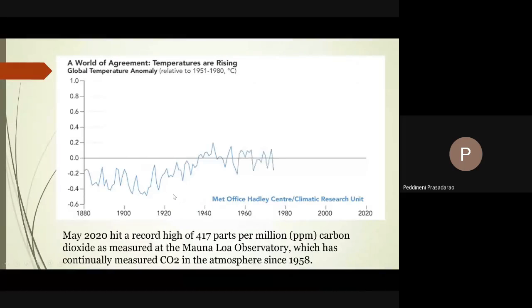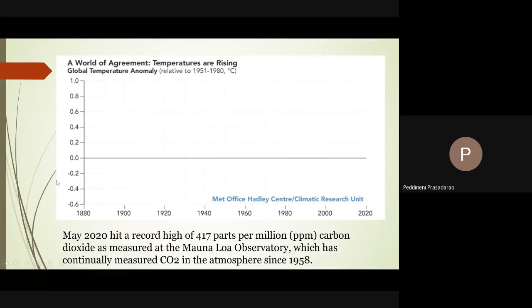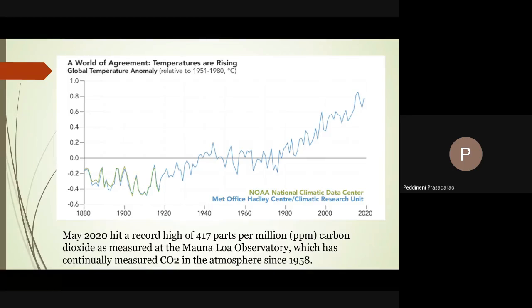So this is something I would like to show you, as far as the rise in temperatures. We have probably 4 or 5 models, and all 5 models show that the temperature is rising. I would also like to inform you that